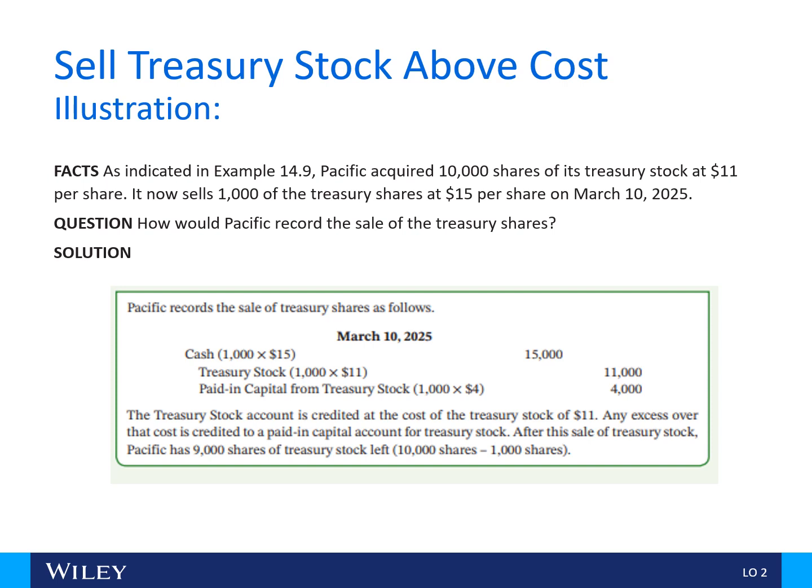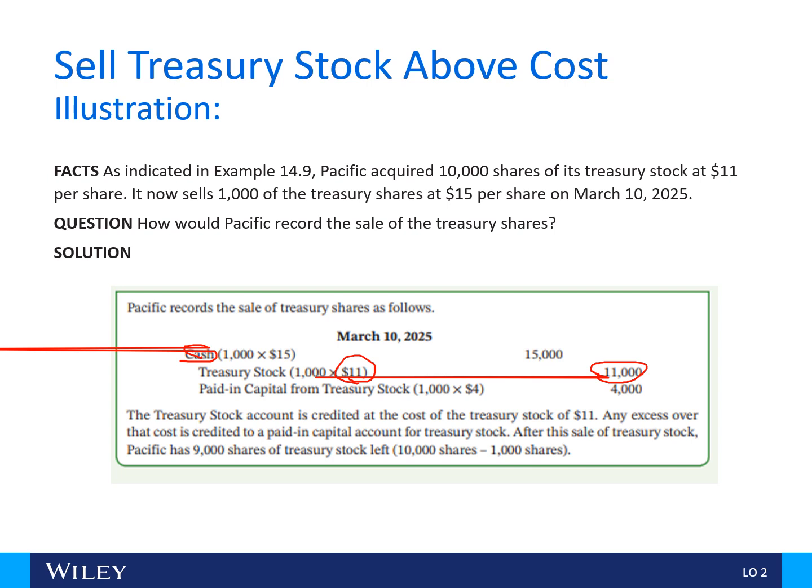But just to make sure it's totally understood, when a company sells its own treasury stock, you do not record a gain or a loss, depending on whether you sold it above or below cost. You basically are going to debit your cash. You're going to credit your treasury stock at your original value that you paid for it. You originally paid $11 per share. You sell 1,000 shares. You're going to get rid of $11,000 from the treasury stock line item,